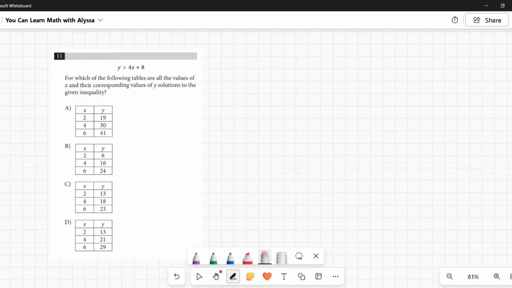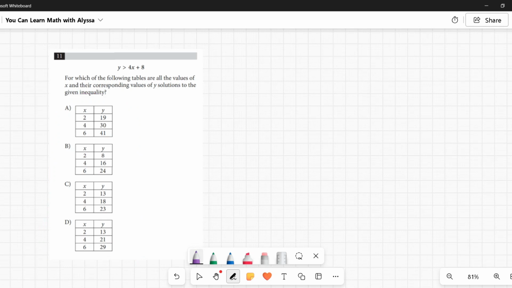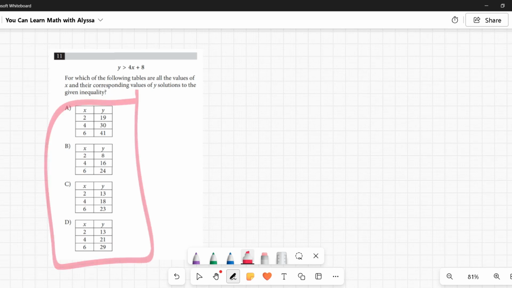Number 11, y is greater than 4x plus 8. For which of the following tables are all the values of x and their corresponding values of y solutions to the given inequality? Okay, we're going to be looking at our 4 answers and seeing which one has all values that will fit. And if we look at our x values, each one of these has the same x values, 2, 4, and 6. So the most effective thing we can do is look at our 4 options and see